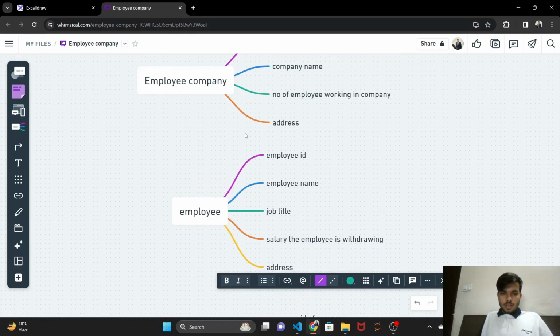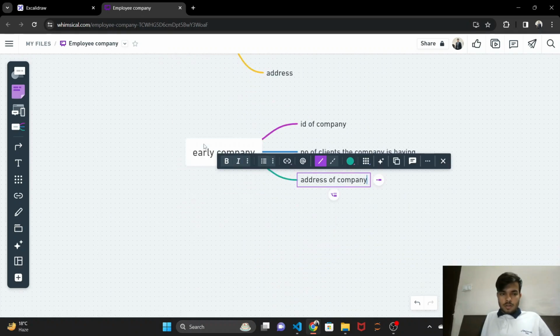So we are having three entities. We can have one more entity,